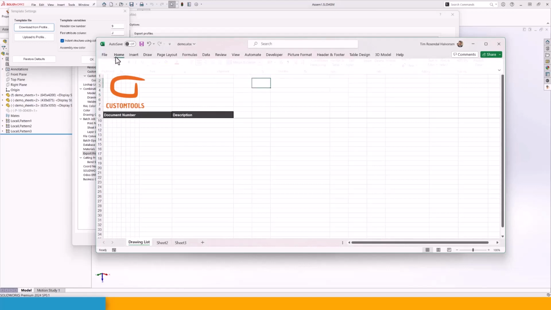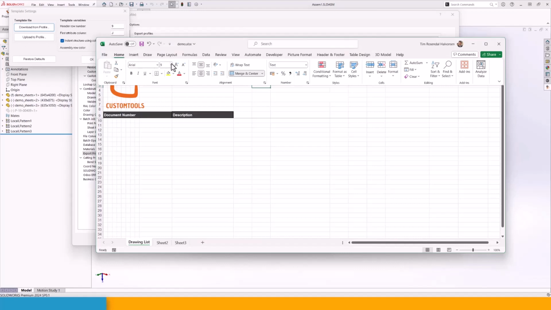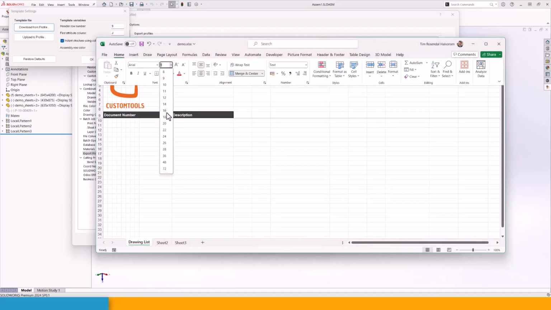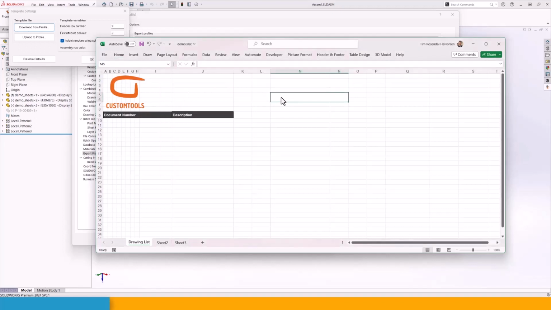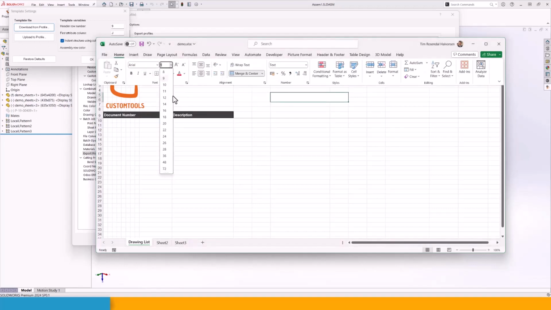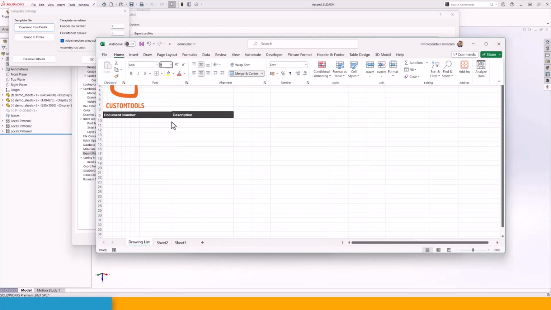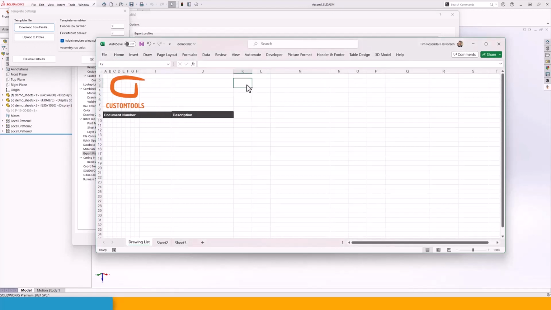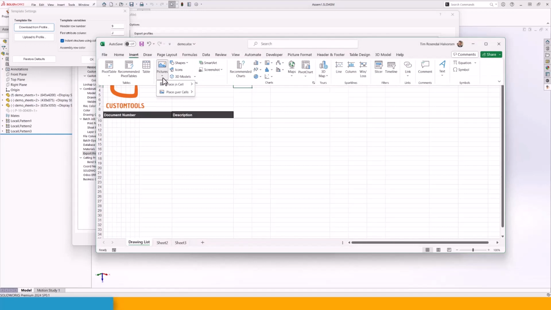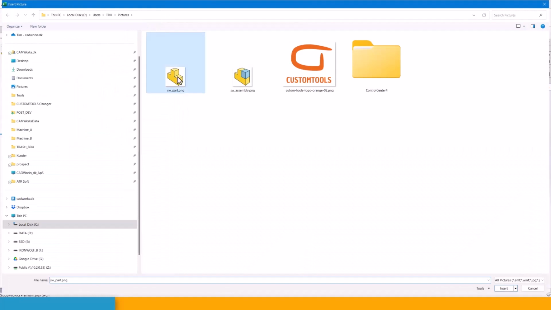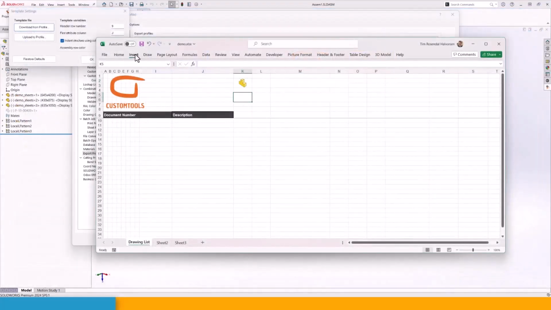This one, I think we want to go, I don't know, size 20 or something like that. Let's go for this one. 20. 20 and 20. Now in this one I want to insert a picture, so insert picture, and then I want to place it in the cell, so now it's fixed to the cell instead. Let's go for the part, do the same here, insert picture, place in cell, from device,